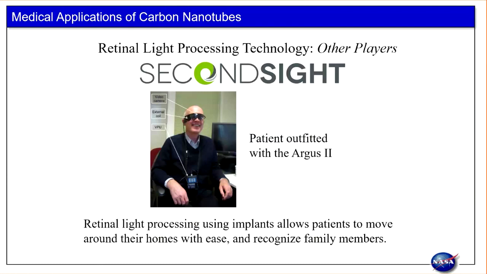So the technology that NASA Ames has developed is not the only technology of this type. In fact, there are a number of different companies that have developed similar technology. One of the most successful companies is a company called Second Sight that has developed a system that they call Argus. They now have Argus 2, and a patient who's outfitted with this device wears a special set of glasses for acquiring images, and then those glasses are coupled to